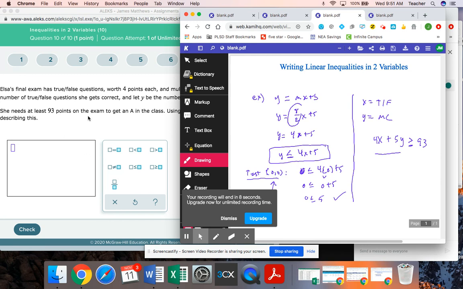All right, so if we were to plug that in, it would work. I won't have enough time. I'm going to expire here in 5 seconds. But that's how you can write the inequality, the